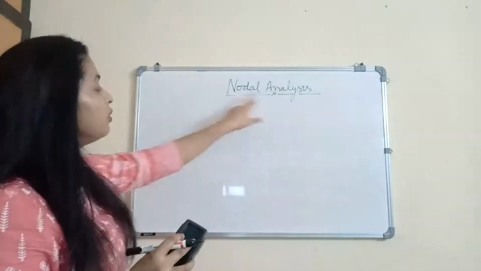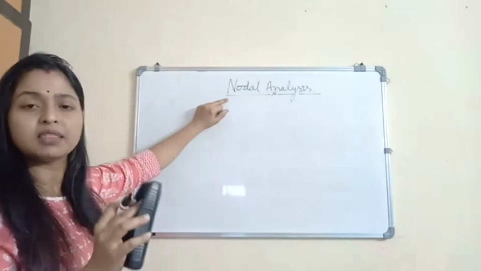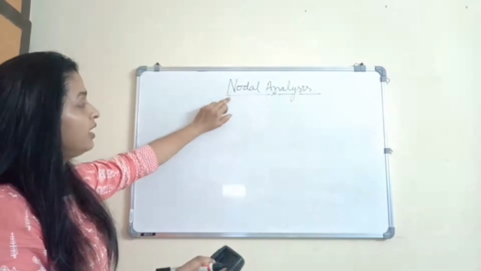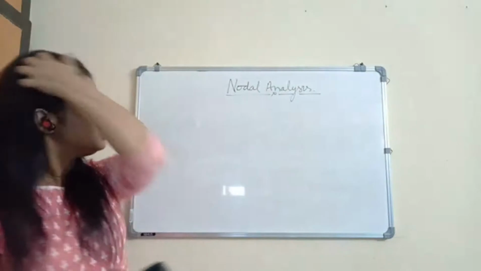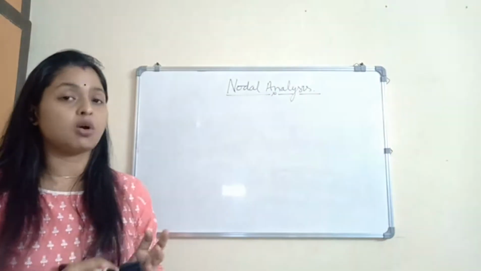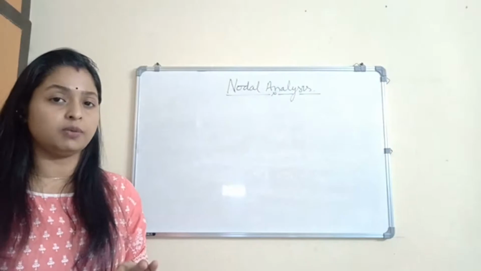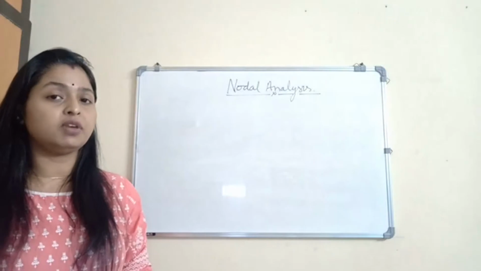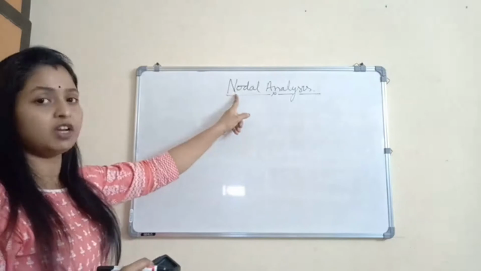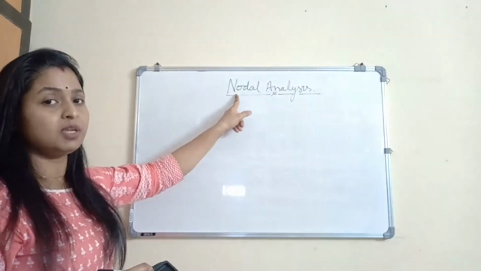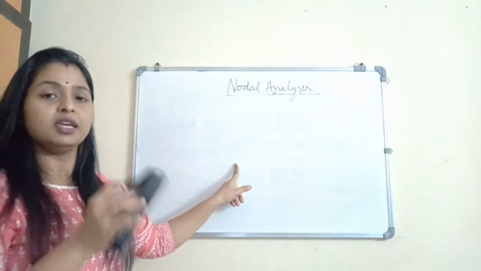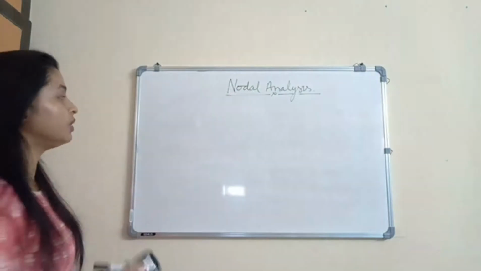Now, the name shows nodal analysis. It means I have to apply this method wherever 3 or more than 3 branches are meeting. That is why it is known as nodal analysis. But you have to notice that in mesh analysis, we have applied Kirchhoff's voltage law, which is best suited for the circuit where a number of voltage sources are connected. Here we are talking about nodes, so the KCL procedure must be used. Yes, we apply Kirchhoff's current law in nodal analysis.